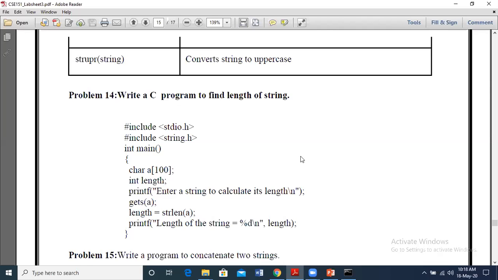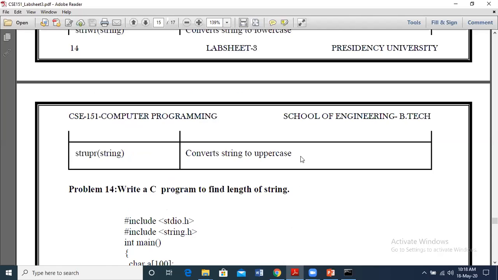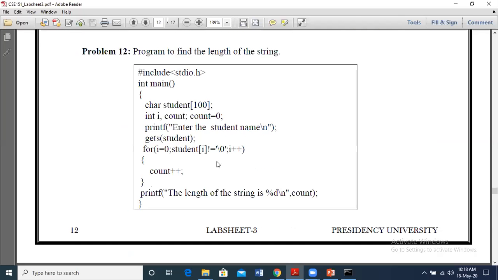We just saw the program previously to count. Whatever we have written in this loop, this entire thing can be replaced by that single line, length equal to strlen of student. That's it. So this is the working of strlen. This is what will be defined in string.h. As soon as we give strlen, it will perform this same operation, counting the letters one by one. So that is how we can use it.